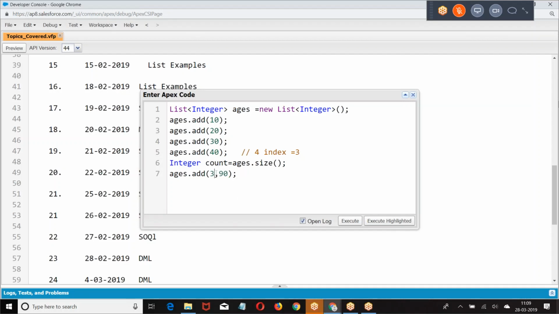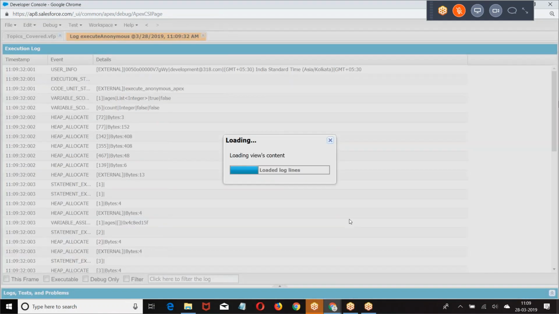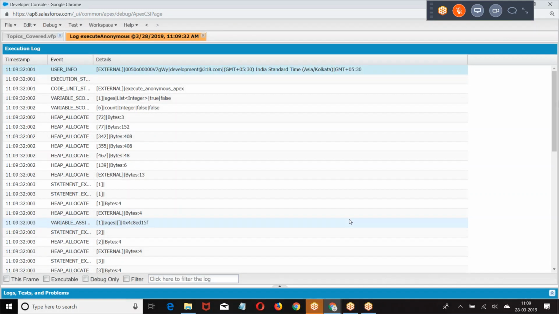Now, if I give 3, any issue? Are you getting my point? So if you want to add after the last element, then you need not mention the index. If you want to add anywhere before the last element, then you have to say add index comma element. Was that point clear?